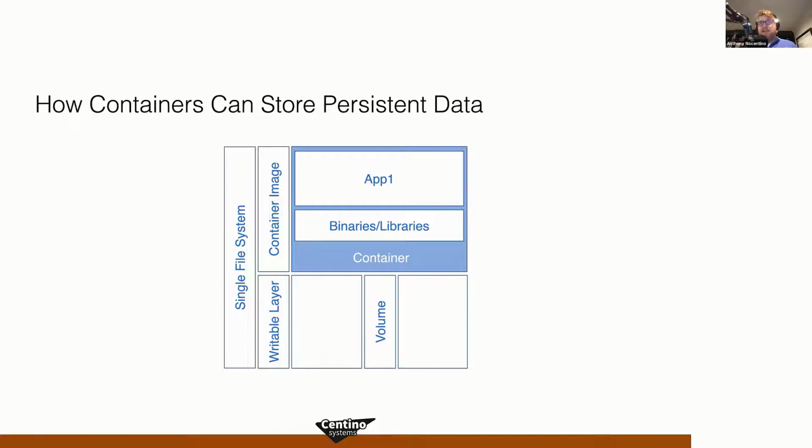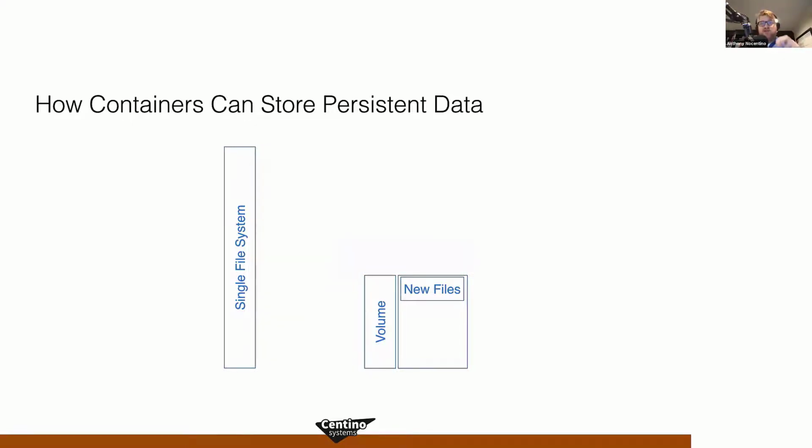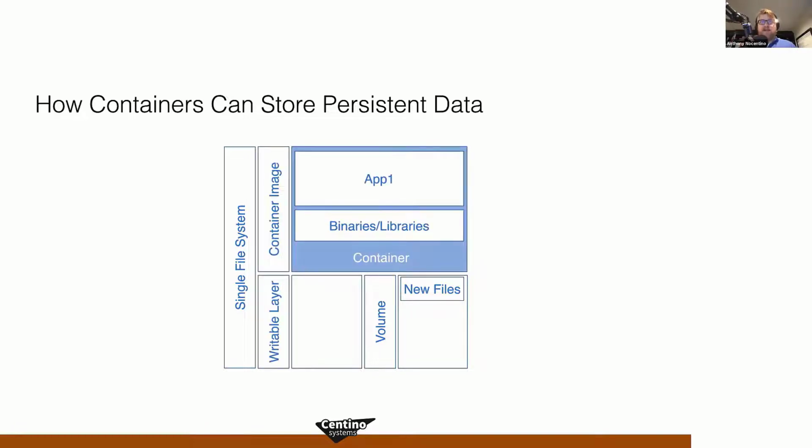So as data is changed in the location that that volume is attached to, like var opt MSSQL, the data at that file system location will be written into the volume. Now, the rest of the container data that's not written to var opt MSSQL, or wherever you attach that volume to, will still be written to the writable layer. So that will still be, let's say, volatile or non-persistent when I delete the container. But when I delete this container, the data that was written into that volume will stay in that volume. So I can come back later and attach another container, right, to that volume and get access to that data again. And so that's how we can add persistency to our applications, specifically today's SQL Server, when we're running them inside of a container.